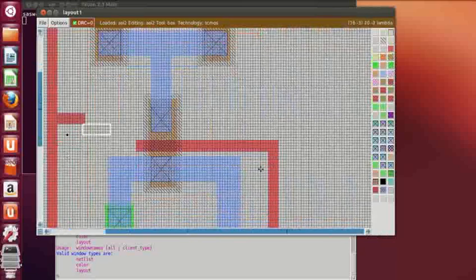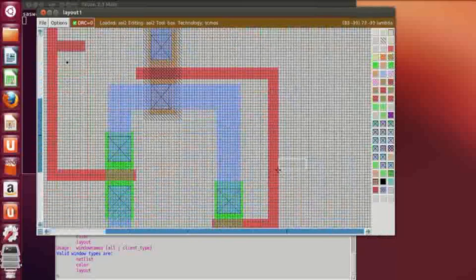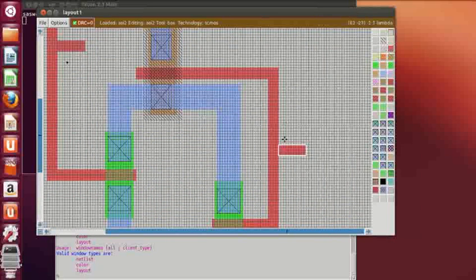And this is the third input, poly. This is the common drain, which is the output. Okay,